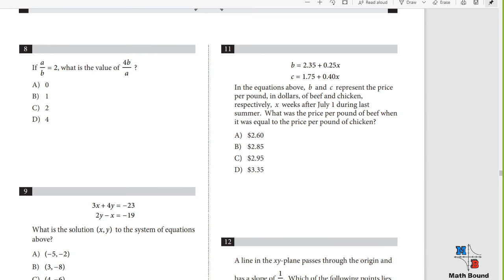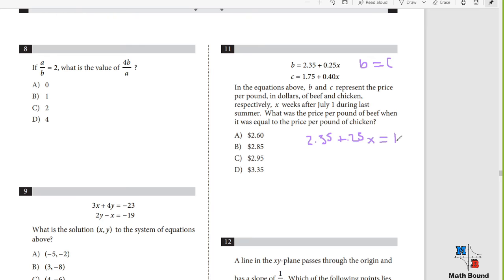Problem number 11. We have two equations, and they're asking us what is the price per pound of beef when it was equal to the price per pound of chicken. So we're going to do this algebraically. We want when B is equal to C. So if B equals C, that means that these two equations we can put together. So 2.35 plus